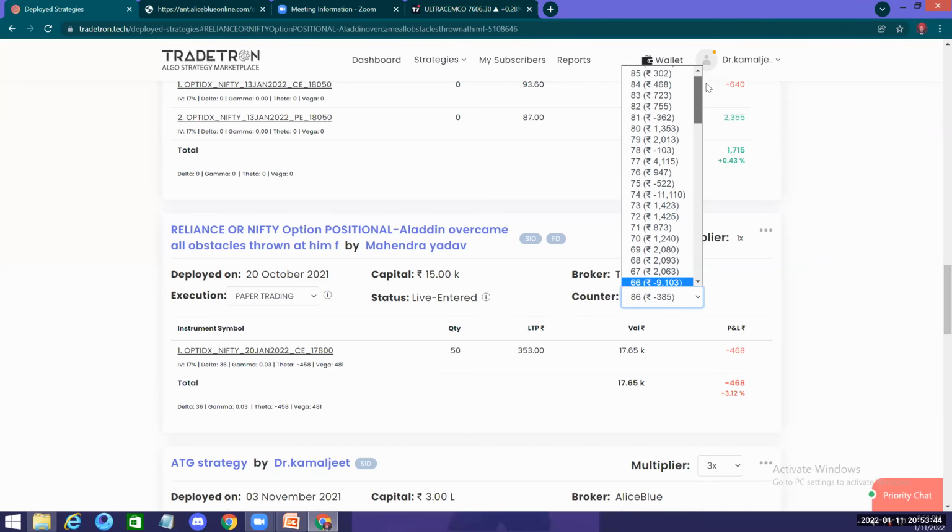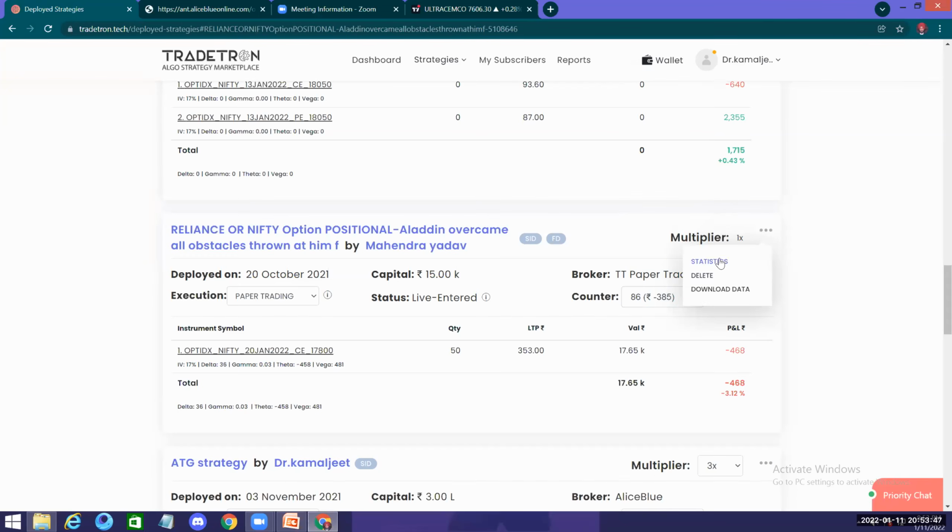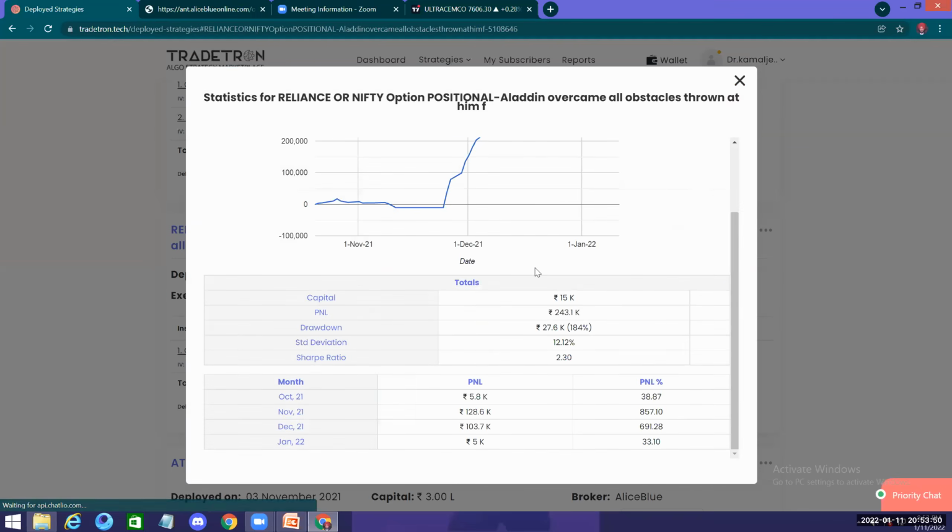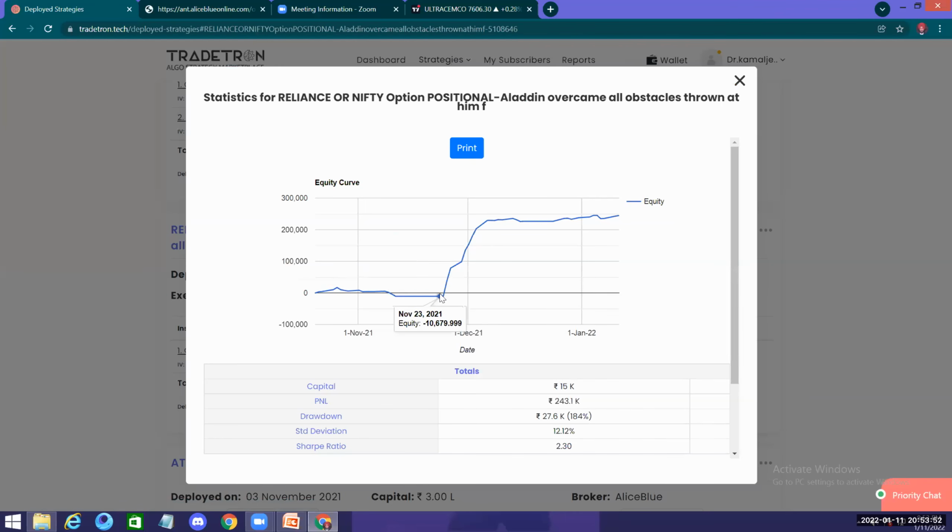Yeah. Now, if we go and see the statistics of this, okay, now you see the graph is initially you were loss making, and then it just flew off. Okay. So you can just go and create an account and deploy it as a paper trade without putting in an actual money to see whether it works or not. See, if anything would have given me 2,43,000 on a 15,000 capital, I would have literally jumped and put at least 6 slots into it. But now I put up as a paper trade. If it works like this, I'm not bothered. It actually is more than what I require.